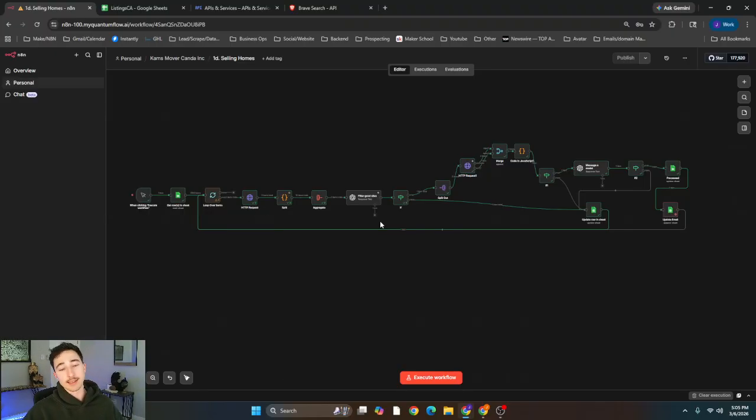Nonetheless, this is a cool way to find anyone's contact information. You can use it for numbers as well. You can scrape for numbers. You just have to change the code node, which I will